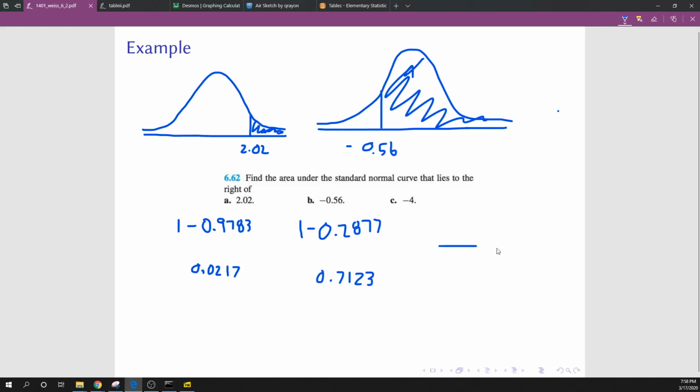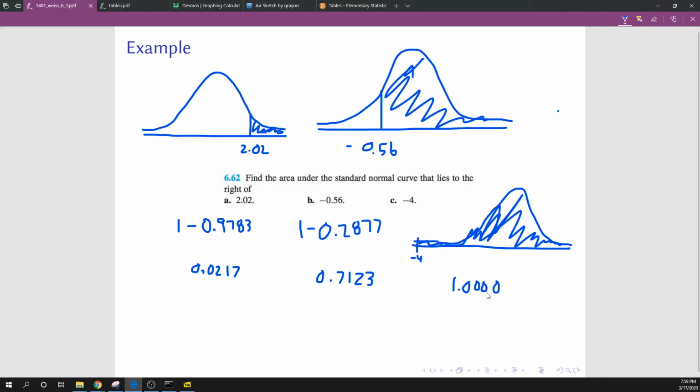On part C, we've got -4. Remember, 0 is in the middle, and -4 would be way over here. We want the area to the right of -4. That's going to be practically everything, and so it's going to be a lot like the previous example. This number is really small, far away from the middle. Our answer, if almost everything is to the right, is going to be